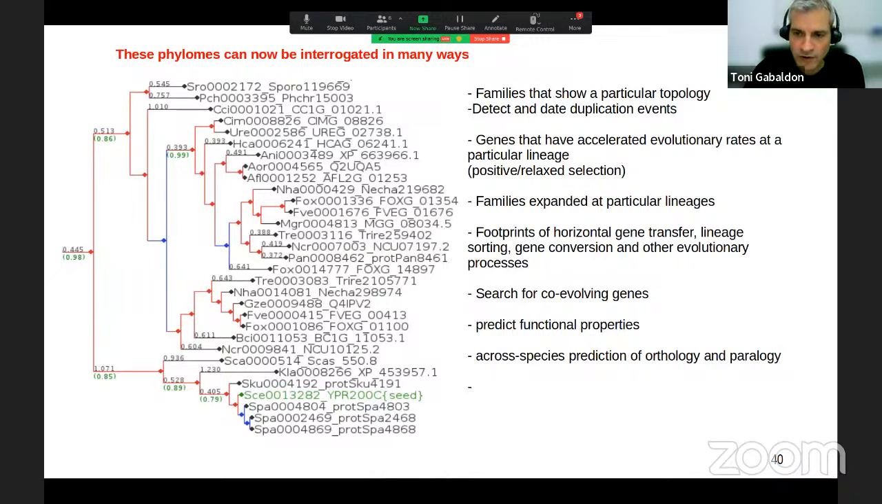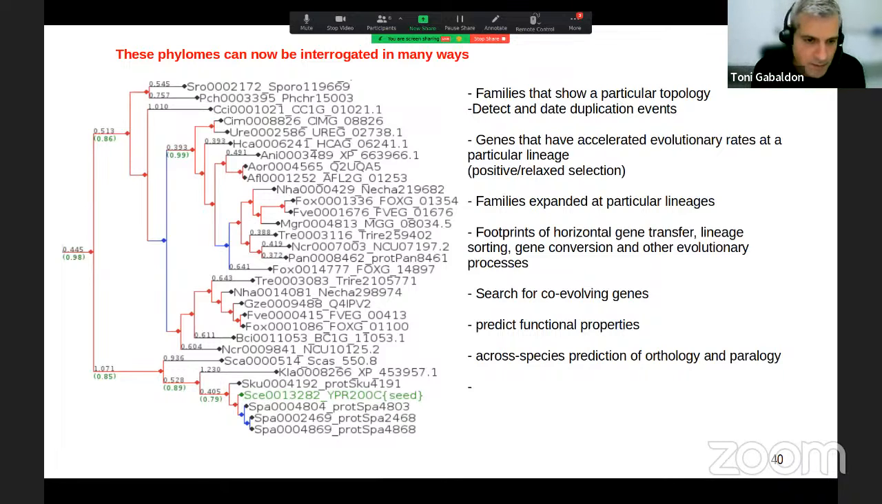You can look for footprints of horizontal gene transfer, lineage sorting, gene conversion, and other evolutionary processes. You can search for genes that co-evolved and also use that to predict functional properties. And of course, as I explained before, use it to predict orthology and paralogy in the highest resolution way. So just to show, we have been using this to mine existing genomes for different questions